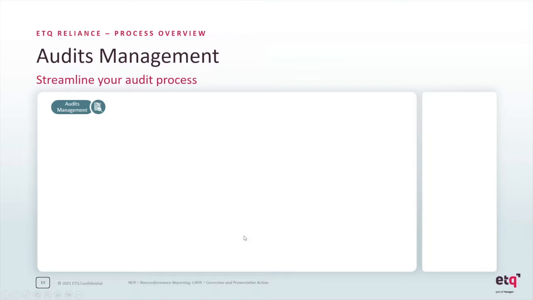So the audits process, as I mentioned, is an application that's available within our system. When you first set up the application, you would be able to import all of your existing audit types. So you might have a whole different set of types of audits that you might be doing: safety audits, quality audits, system audits, compliance audits, supplier audits. They each have their own sets of checklists and questions. You can easily import them right into our system to essentially establish a library of all those checklists and questions